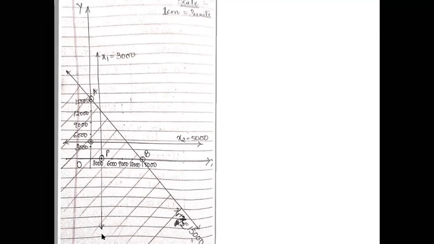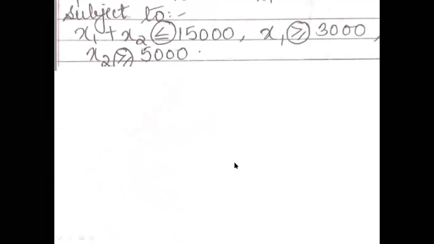Okay. Now coming to the second inequation's sign, as you can see it was showing greater equal to. So greater equal to means away from the origin. So again I am presenting you with the diagram. Again hold your pen, hold it upside down. And as you can see, I have purposely drawn this line so that you will understand what I am doing.